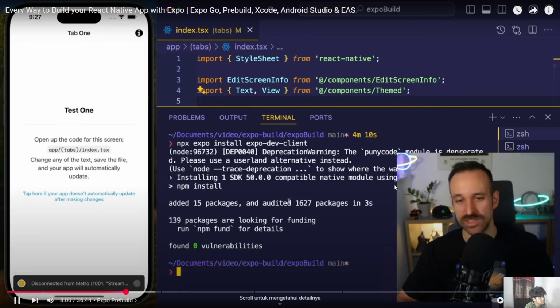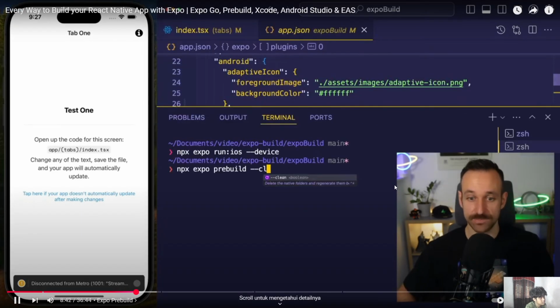If you install this package, you get a clean, pre-built bundled app experience with pre-configured SDK versions and plugins that you can use to quickly spin up something, and you can then opt out to do a pre-build and run npx expo run iOS or Android on the simulator or on a connected device. Then you would know like 80-85% about how you can build your React Native project with Expo, because usually this is now enough to